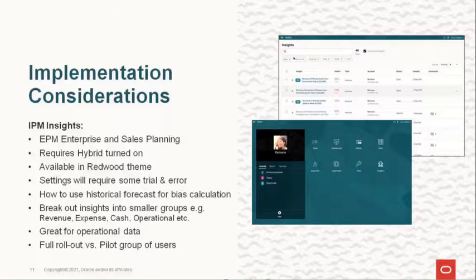And obviously, as somebody asked, whether it's only for dollars or whether it's for units, any kind of operational data, any data which is there in your cube can be used for insights, and you can do comparisons there. And then the other best practice we are recommending is that you can roll this out to a